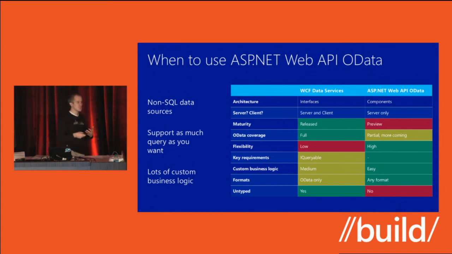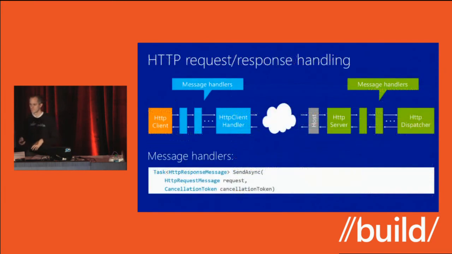With Web API, you can constrain it more and say, I just do these queries. It's also a lot easier to put whatever business logic you want using ASP.NET Web API. WCF Data Services does have an interceptor pattern, but with Web API, you get the full context of the request. You can implement whatever business logic you need. So that's the way to sort of think about it. All right.